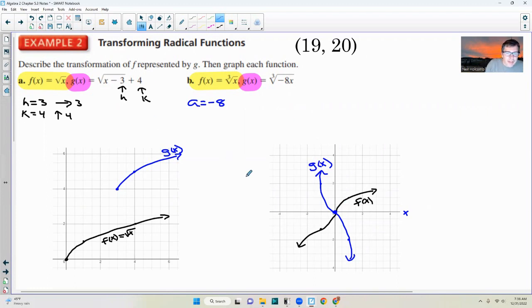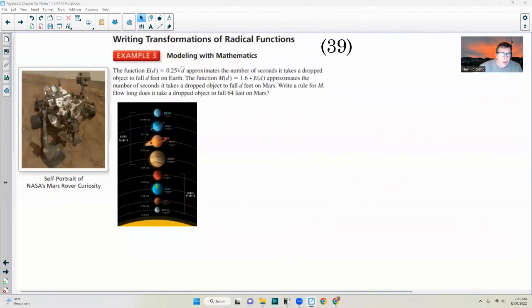Okay, so that's the graph of a parent and a transformation. You should now be able to do problems 19 and